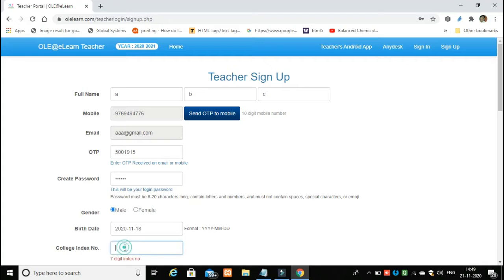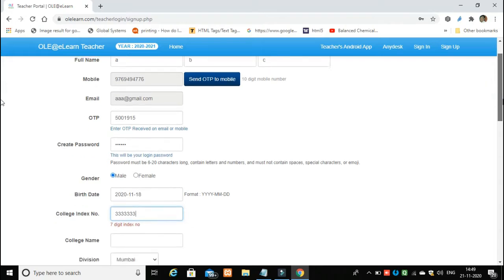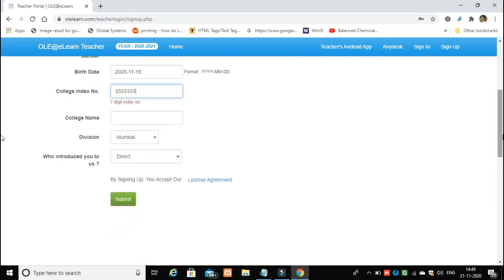Okay, now put a college index number over here without any dot. This is a fictitious number which I am putting. So without a dot you put your index number. Then the college name over here.